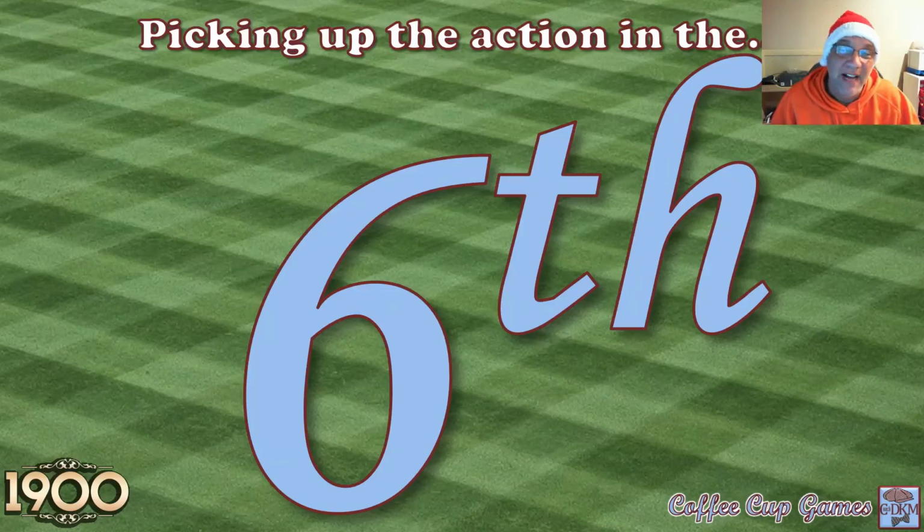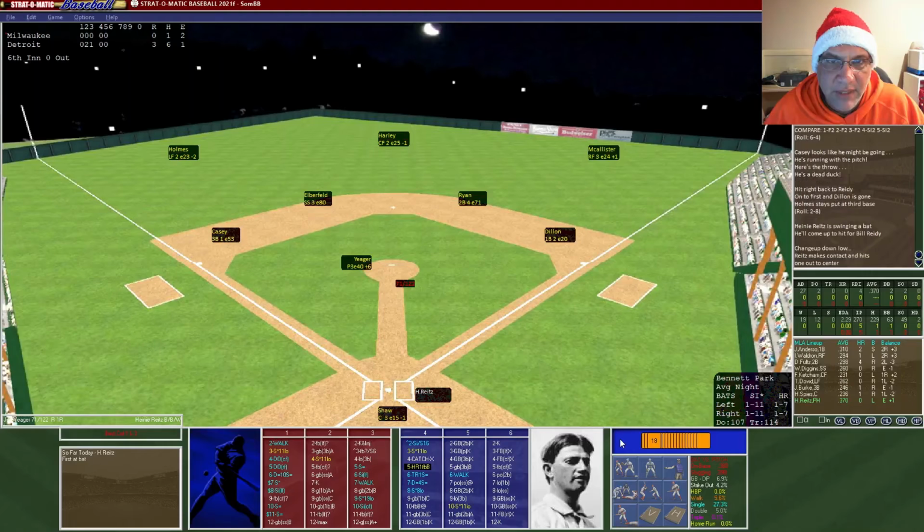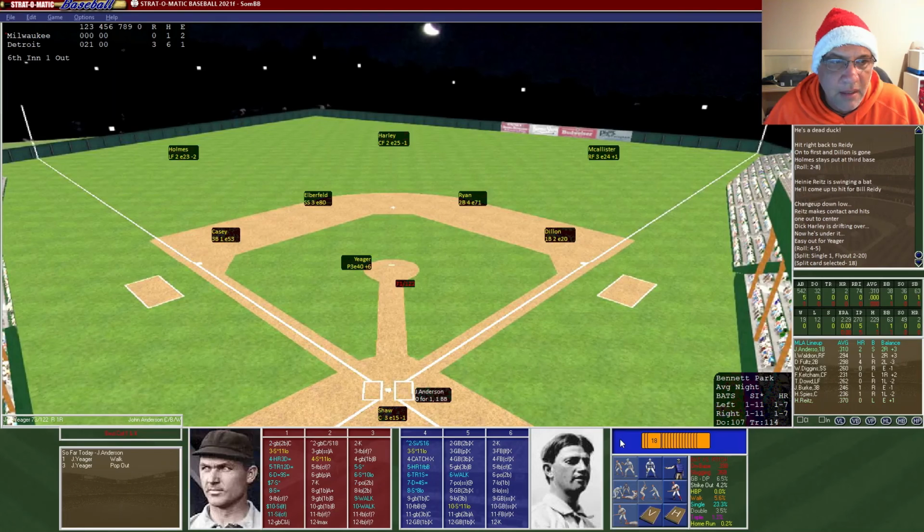We finished 5 innings. And Detroit's right-hander, Joe Yeager, has been incredible. He's only allowed 1 hit so far in the game. And now we're in the 6th inning where there's already 1 out, and Anderson is about to come to bat and do something that you don't see very often in baseball. The center field. Top of the order, here's Anderson, the first baseman. Anderson needs a 1-12, and he gets the great 1.